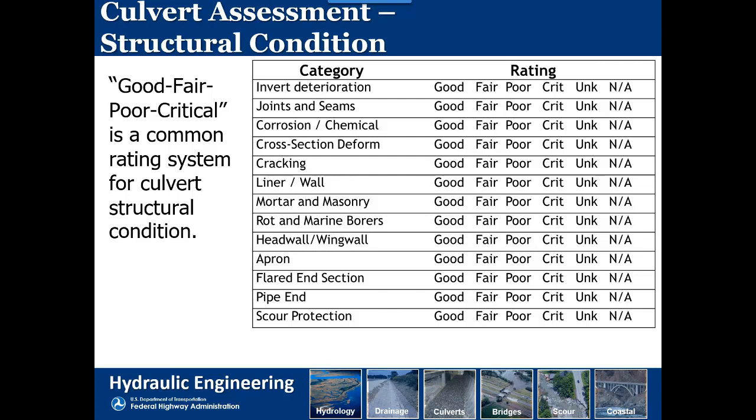And again, here's some different things that you look at. We talked about most of these. If you have some specialty materials, like wooden culverts in national parks and national forests, especially if it's been there for 100+ years, you could have wood culverts and whatnot. So you look for some specialty items like rot and insect infestations and things like that. And if you see an insect infestation, you call Terminix and say, hey, come out here and spray this wooden